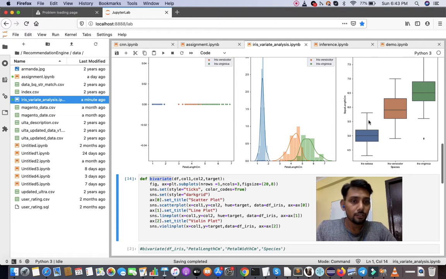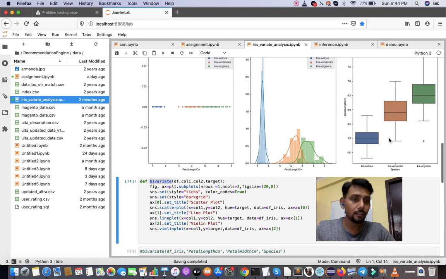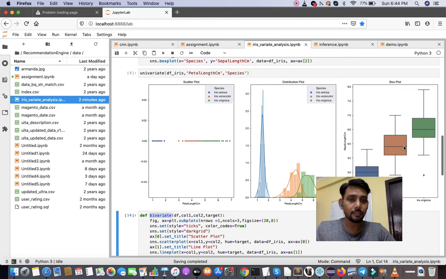The minimum value of petal length for the iris setosa class is around 4.3, and the maximum value is around 5.8. This is the median value, and 50% of the data is spread around 5.0 centimeters, right? The same thing applies to iris versicolor, and the same for iris virginica.